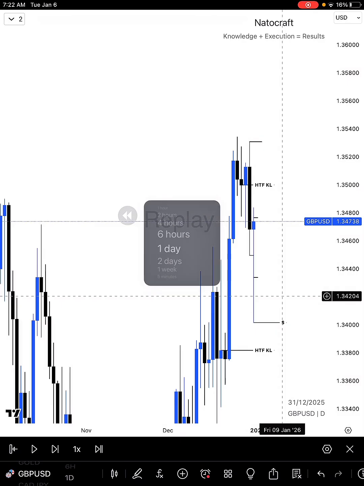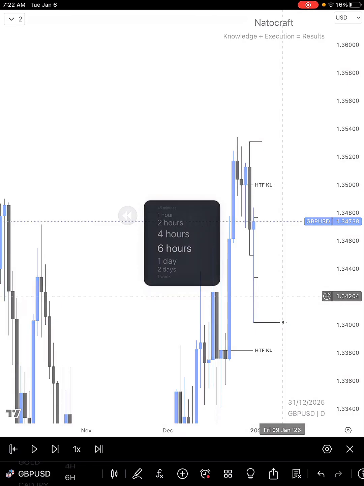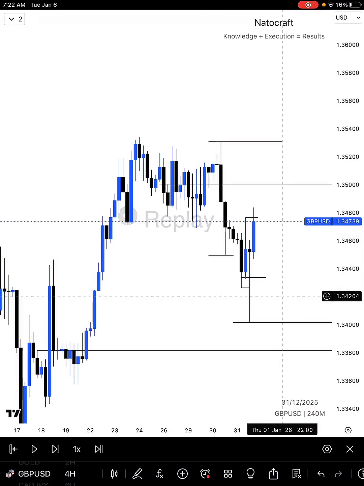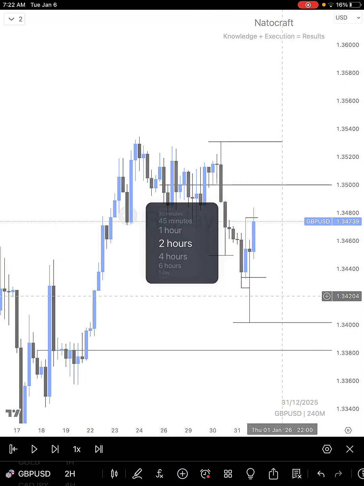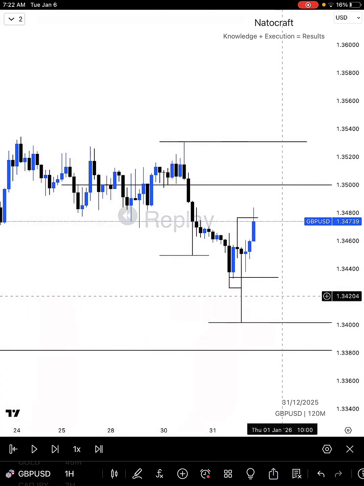We've seen our 4-hour rejection right here. So what we're waiting for, we've seen our 4-hour rejection. Then we go down to the lower time frame, which is the 1 hour, for structure. Going down to the lower time frame,